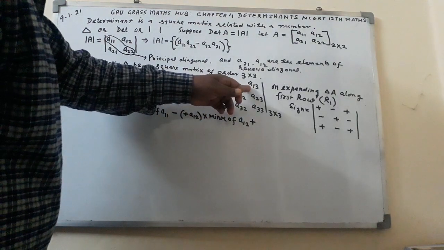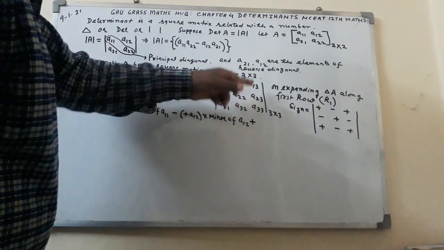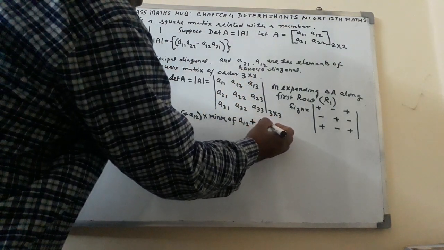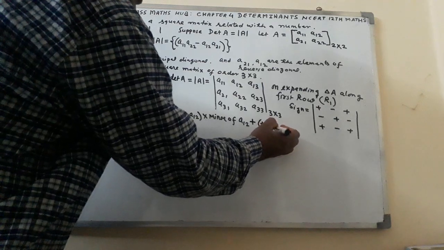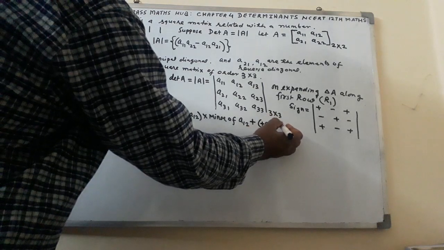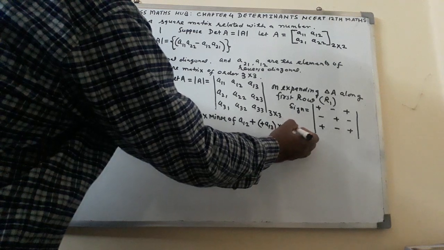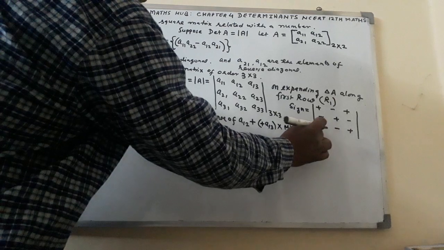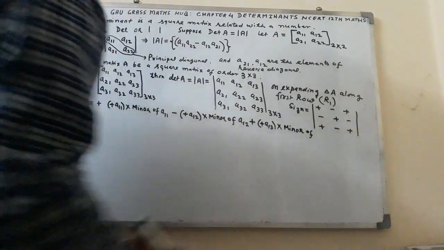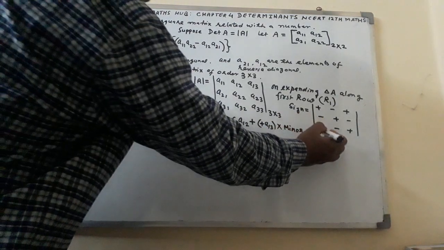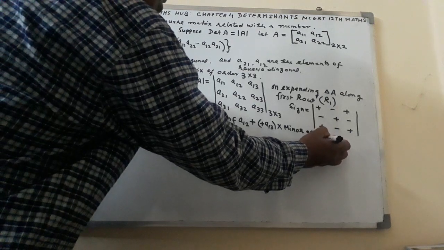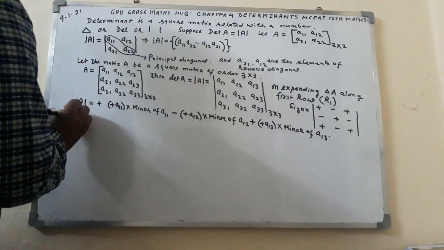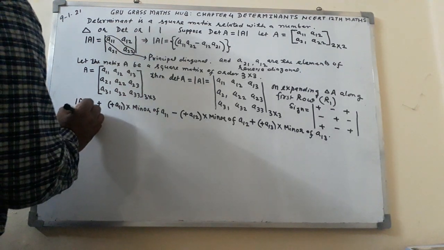Again I shall take the element A13. So here write plus A13 into minor of A13. So again I shall write implied that det A equal to